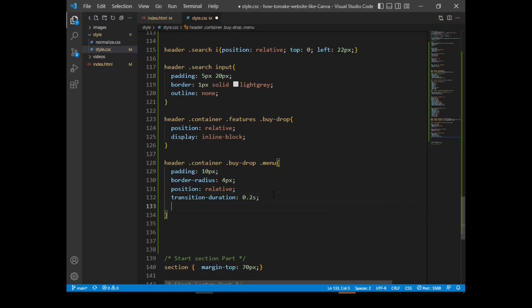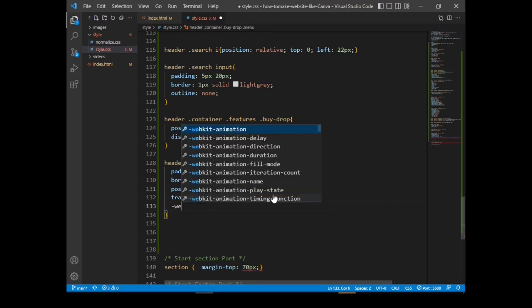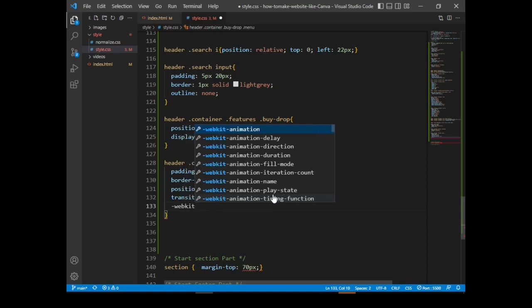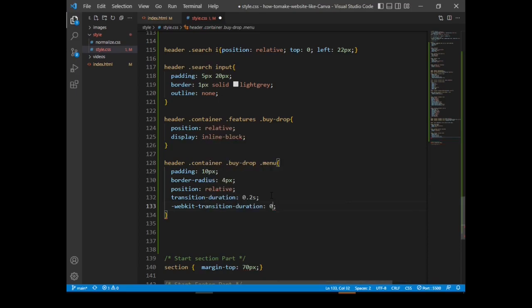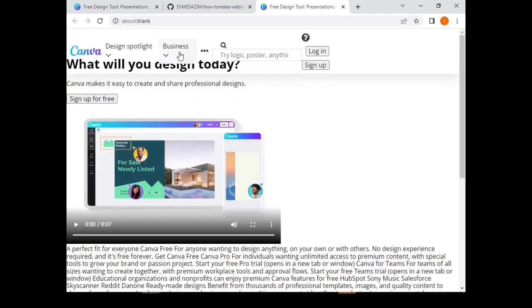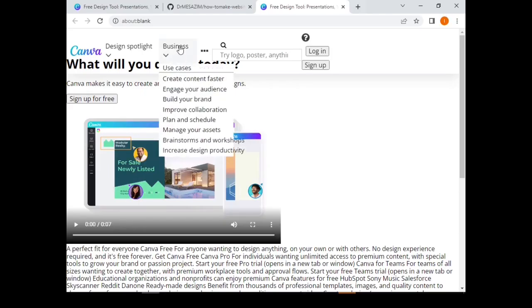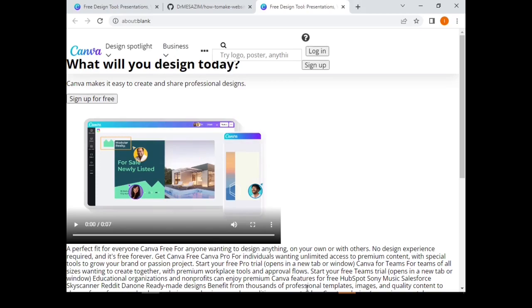For different browsers, we use WebKit transition as well. Yeah, like that. Okay, yes, we have to continue styling.